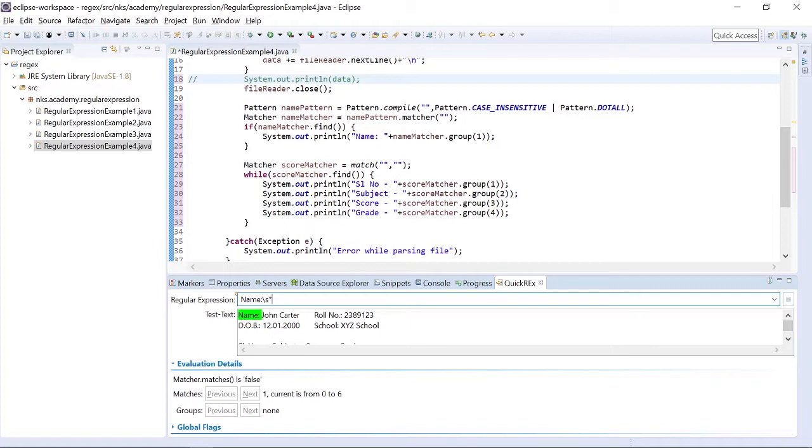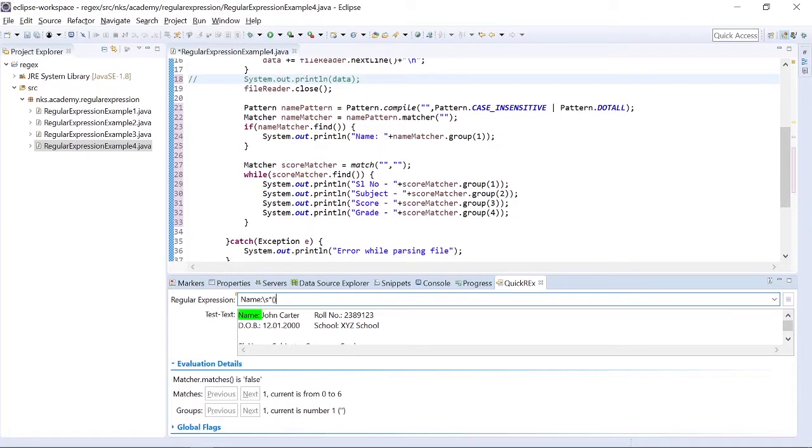So how efficiently we can write this regex is, we know that after name, roll number is there. In every case however long the name is, roll number will be there. So what we can do, we can capture everything till roll number. Okay, so there is a way we can do this.